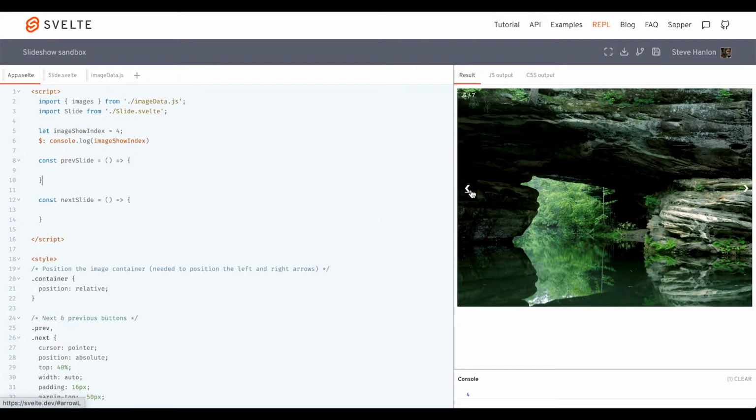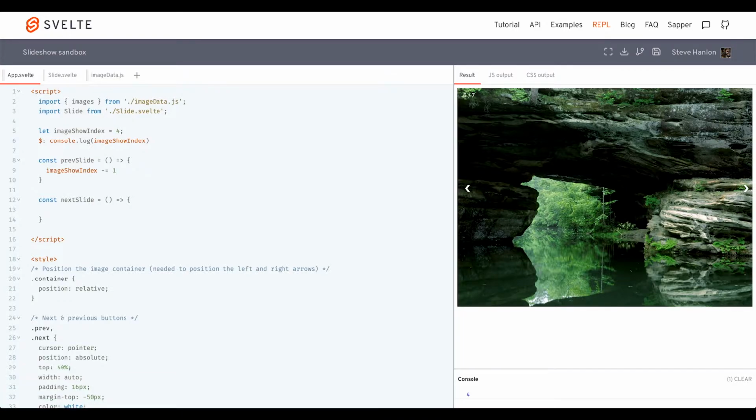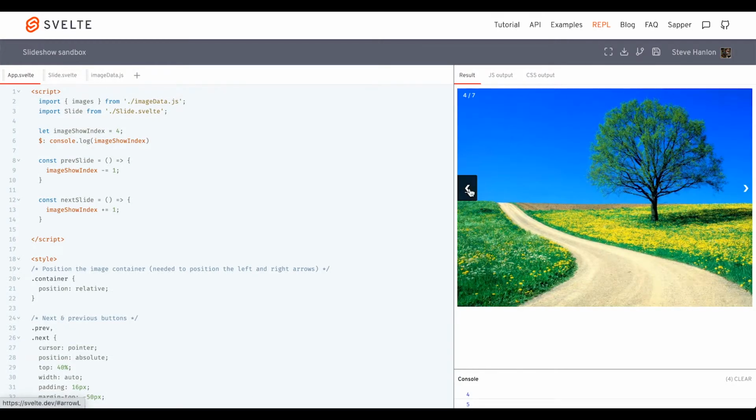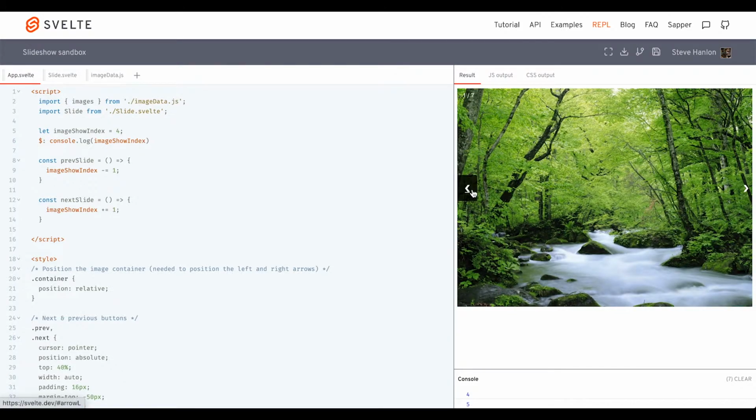So previous slide, in a nutshell, wants to take this image show index and decrement it. This is how we're basically going to start out. We'll refine this, but that is the general idea. And then next slide, when we click this arrow, we'll want to increment that value. So it should actually be able to work right now, but not through all of them. We now have to deal with the edge case, which is when we get down to the first image. If I click this again, we need it to go to the 7th image, which is the last image in